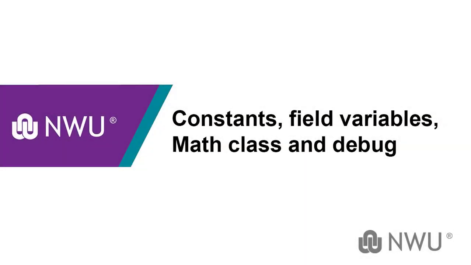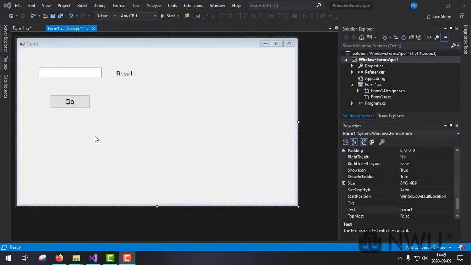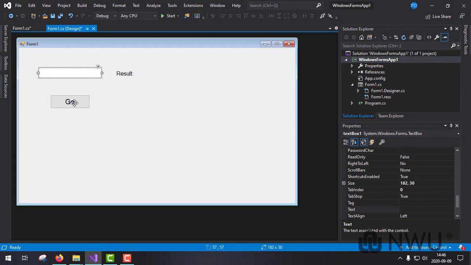Hi guys, today I'm going to show you how to use constants, field variables, the math class, and how to use the debugger to easily navigate your code. Let's get to it. Okay, so once again we have just a simple GUI, a text box, a button and a label. Fine-tuning your GUI,